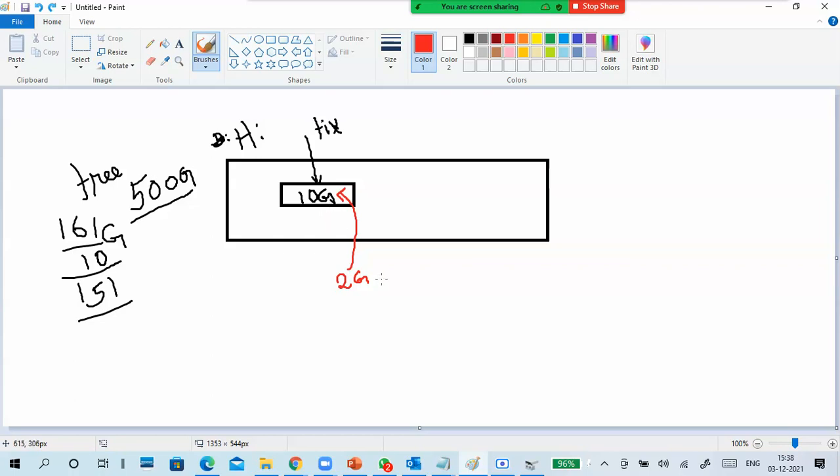We can put the data up to 10 GB. So the maximum size you can put inside is up to 10 GB only. But how much data you put, like 1 GB or just a 5 MB file or 10 MB file, there is no change in the physical disk space. Once you create a 10 GB disk, that's it. It will occupy your physical space. That is called a fixed hard disk.